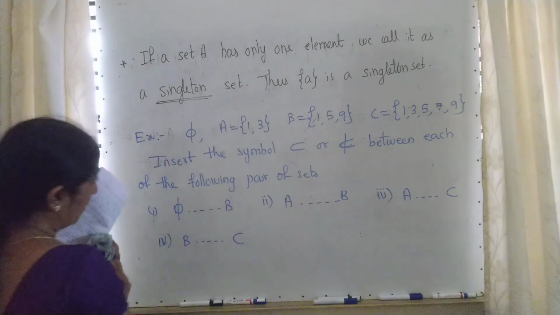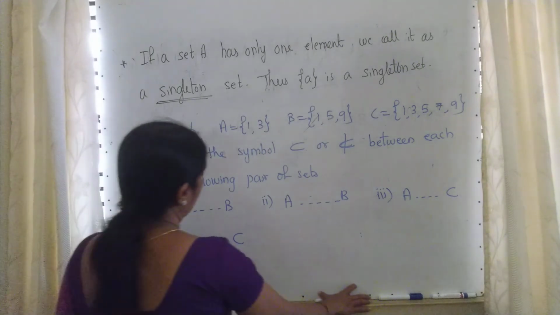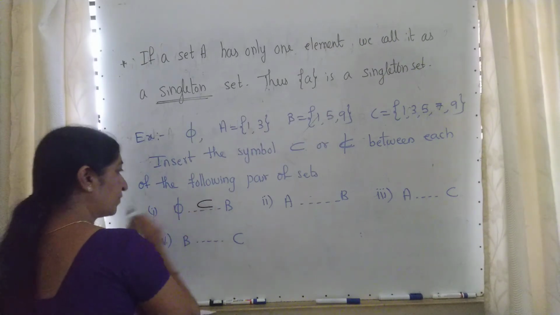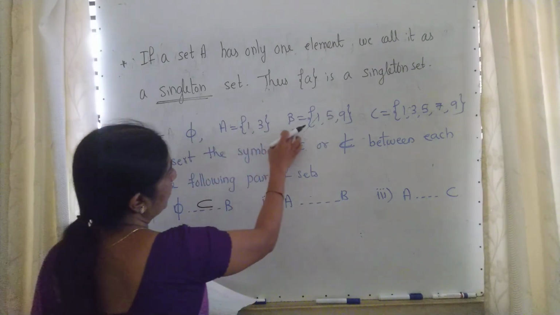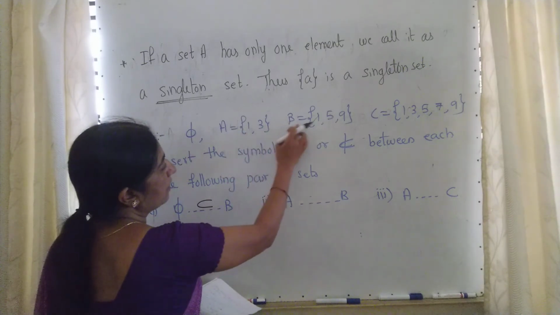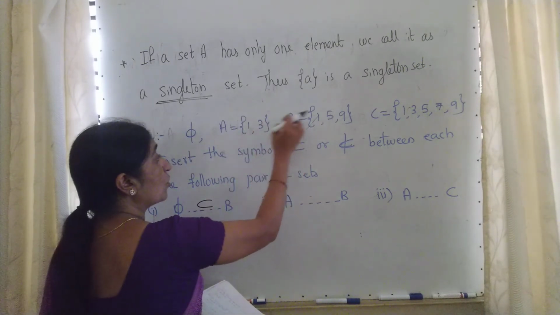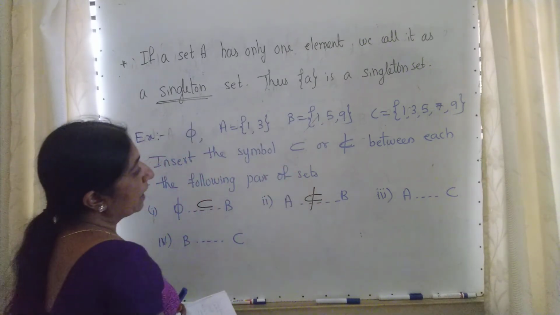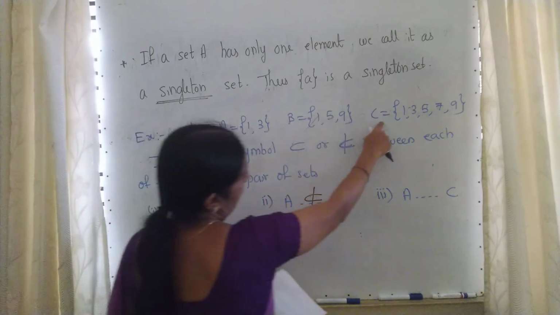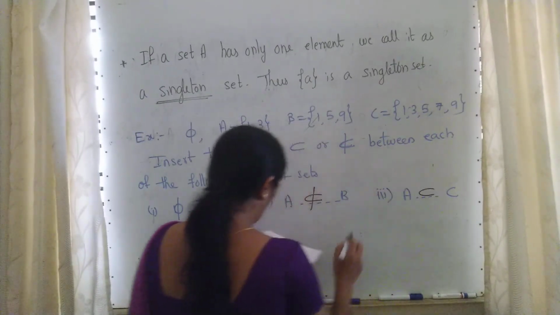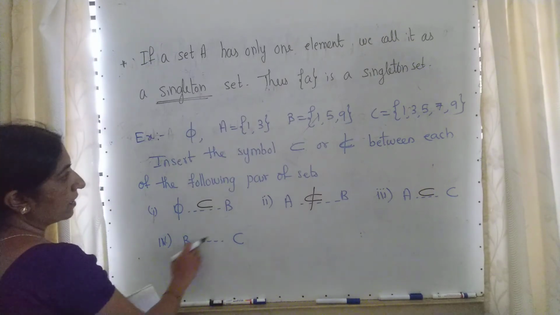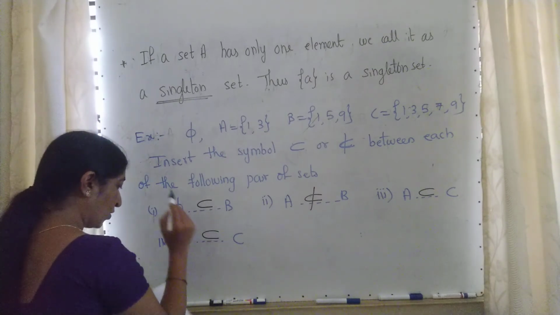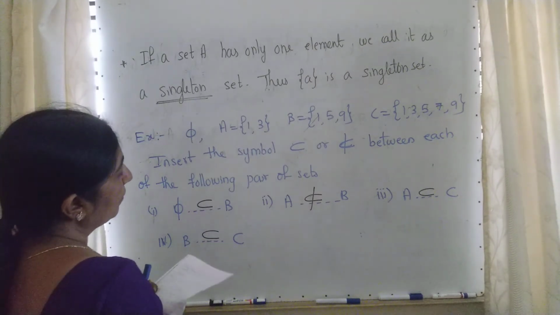Now see the null set. You know that already in the note. Null set is a subset of every set. So easily you can write it is a subset. Now compare A and B. In the set A we have 1, in the set B also we have 1. But see 3 is not present in B. That means A is not a subset of B. What about A and C? See 1 and 3, yes, it is present in C also. A is a subset of C. Moving to B and C. It is 1, 5, 9. The same elements are present in C also. So B is a subset of C. Is it very important, easy or what?